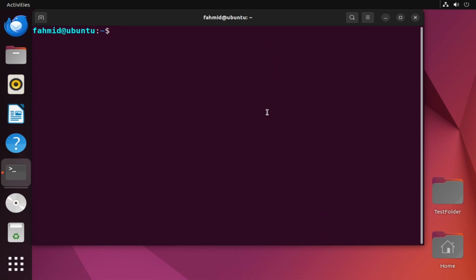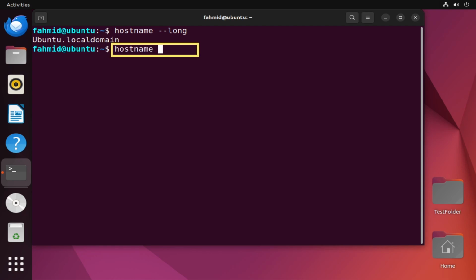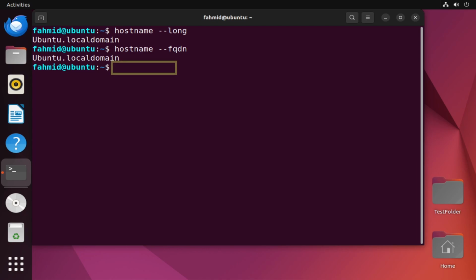In example 9, I will show you how to display the fully qualified domain name, in short FQDN, of your Linux system. So let's see how it works. So you have to type the following command. Now there are two other alternatives of this. The first one is and the other one is